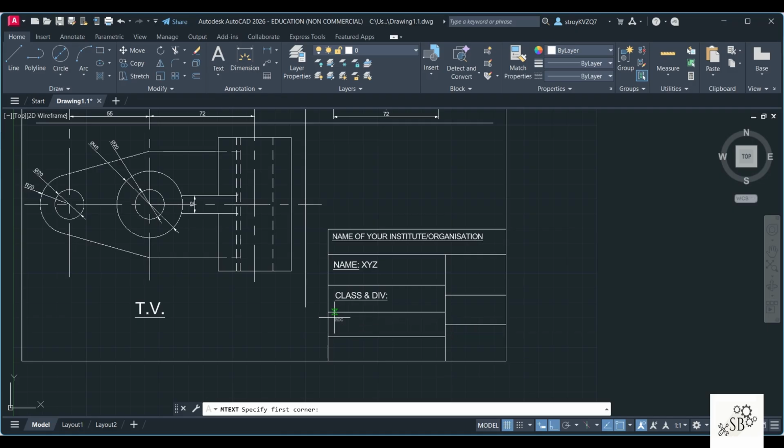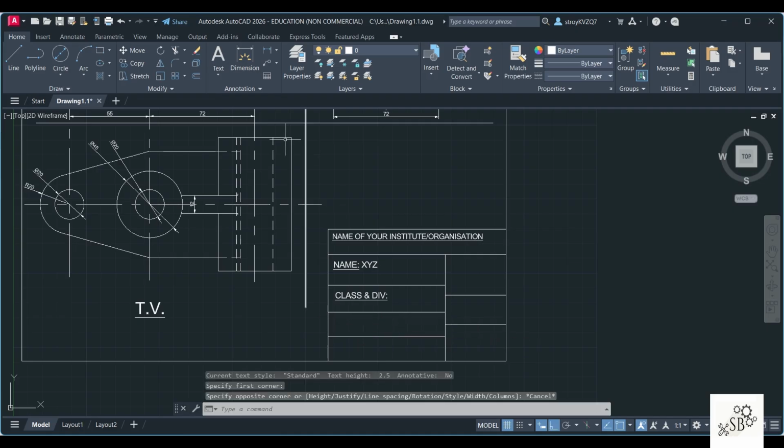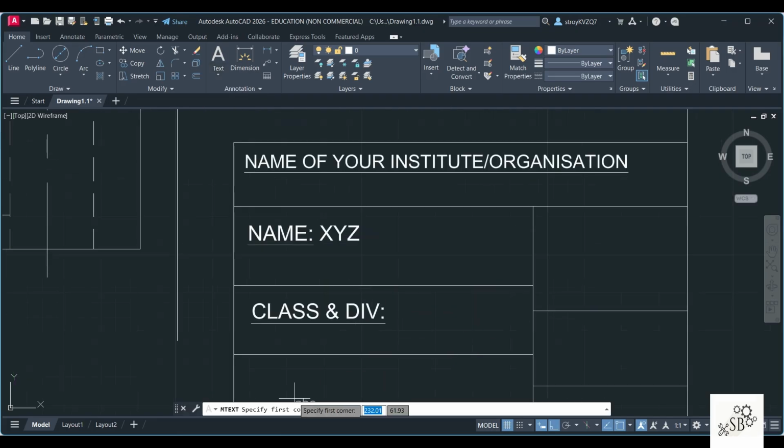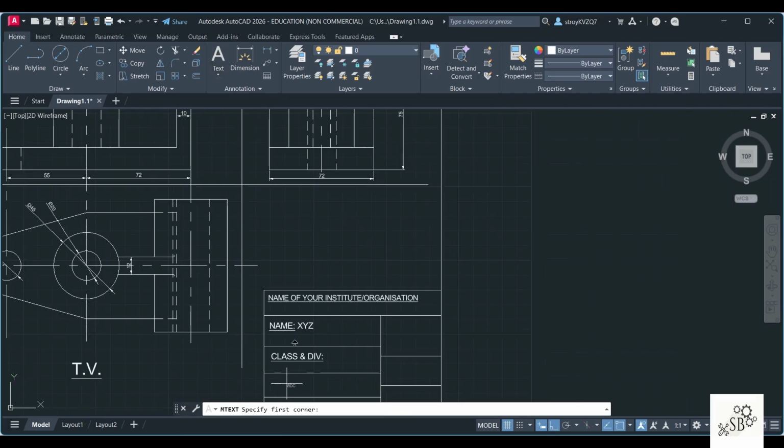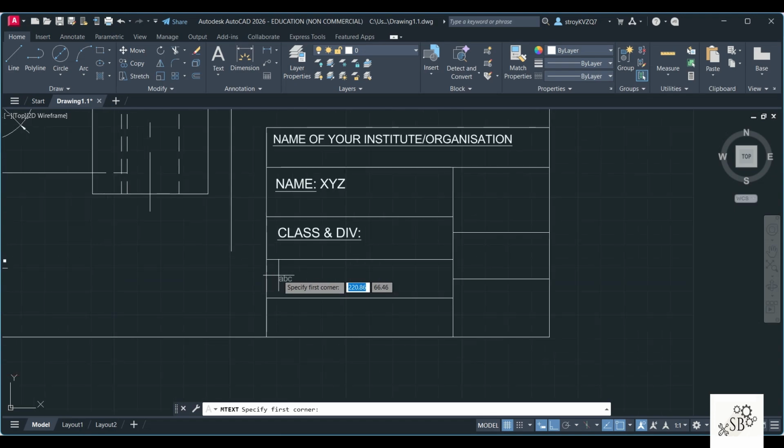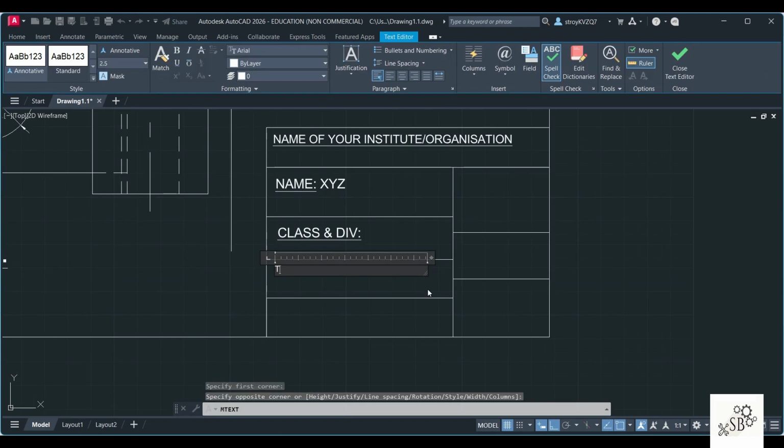Here say you want to write down the title of the sheet. So just click on multi-line text. Say you want to write down the title or the sheet title. Again, Control A, change the size and underline this text.